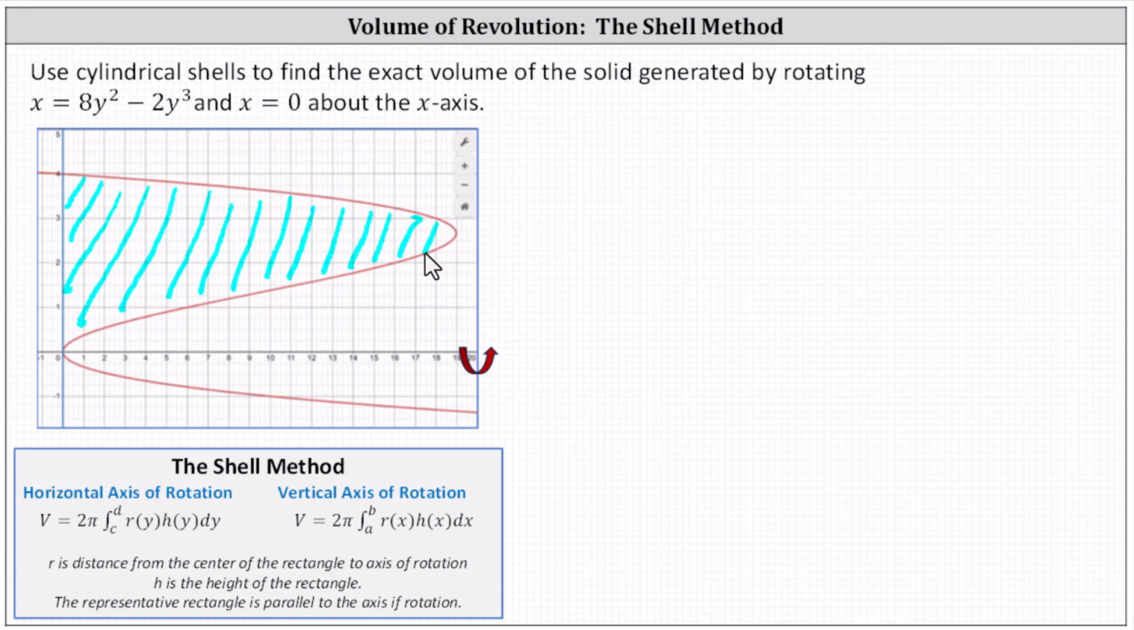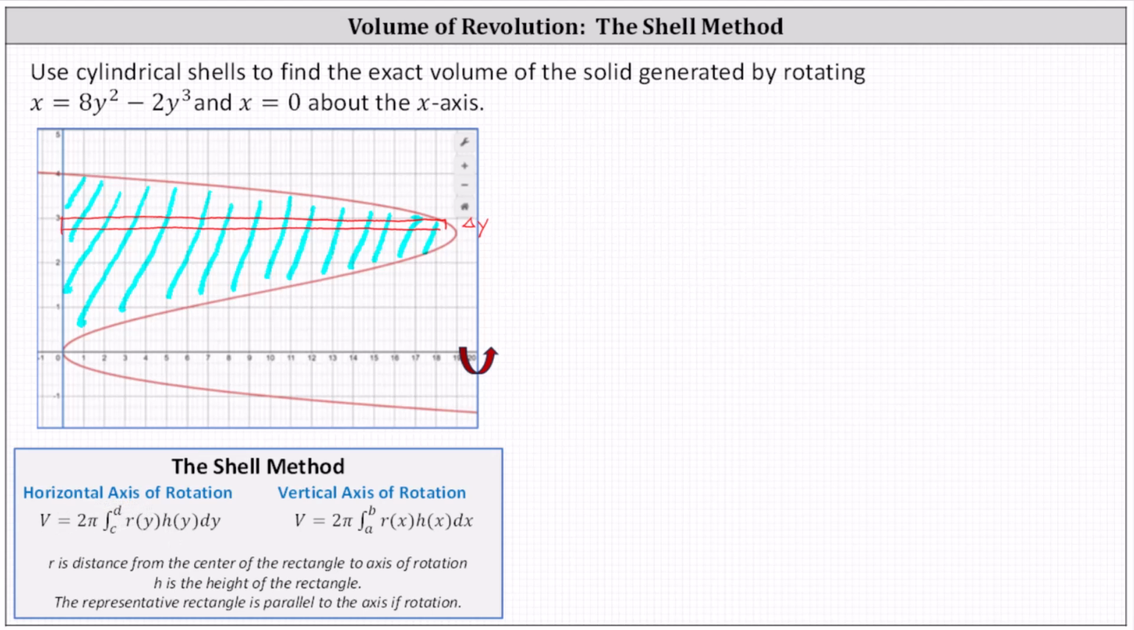Whenever we're using the shell method to determine the volume of revolution, we want to sketch a representative rectangle that is parallel to the axis of rotation. Because we're rotating about the x-axis, we sketch a horizontal representative rectangle. It doesn't matter where it is. I'm going to go ahead and sketch it here. Notice the thickness of this rectangle is a change of y, or delta y, which indicates we'll be integrating with respect to y, and therefore we'll be using this first formula